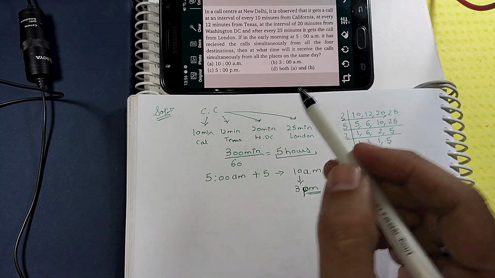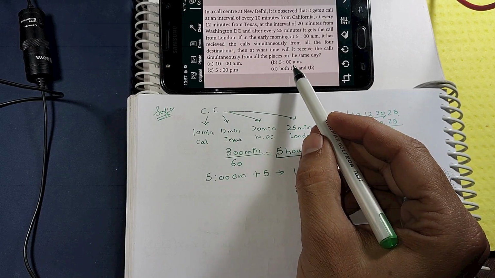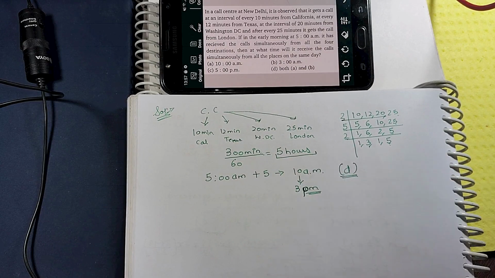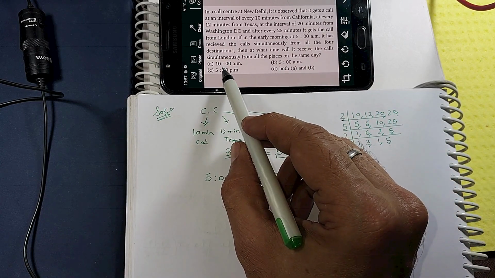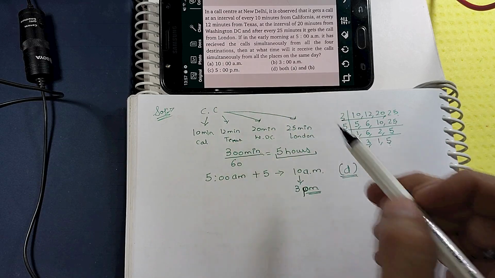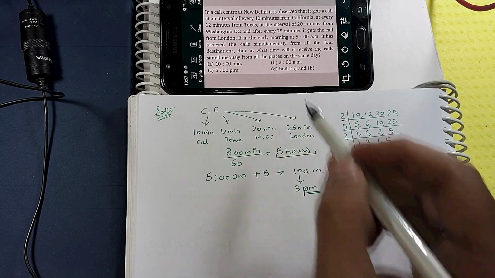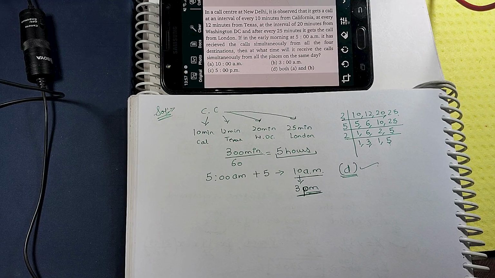Here the option is wrong. So it will get a call at 3 p.m. So the right option for this will be option D, both A and B. This is a misprint over here. Otherwise the option will be option A if this AM is true. But option D is correct if it is 3 PM in spite of that, because there will be 2 times in that specific day out of the options when it will receive the call